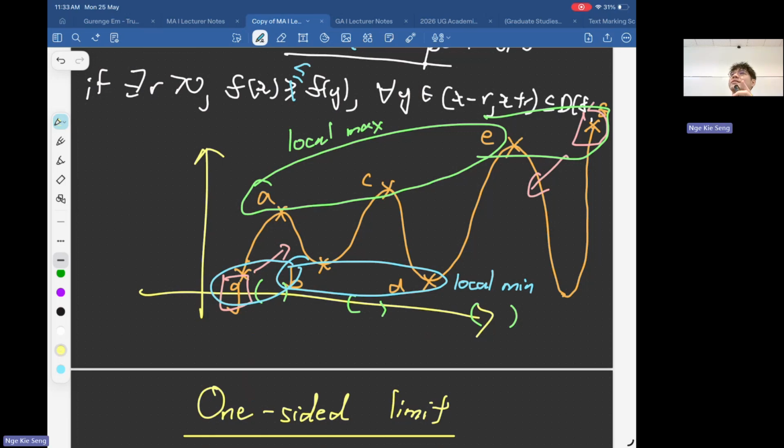So you differentiate a second time, the second derivative. If it's less than 0, then it is a maximum. If it's greater,